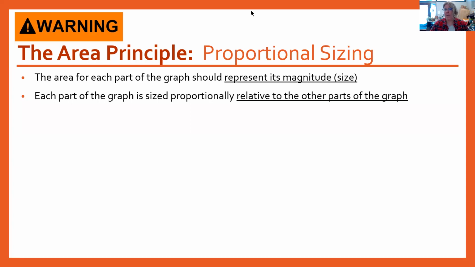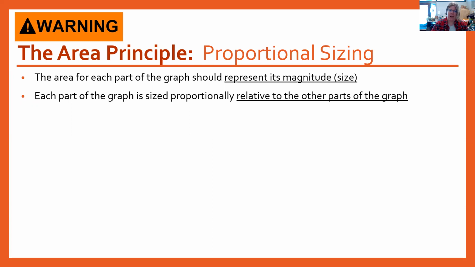Now that we've looked at how to make some graphs for categorical variables in Excel, we're going to look at what can go wrong with graphs. So how do graphs end up being misleading or distorting the data? The areas we're going to look at fall mostly under a category called the area principle, which is related to